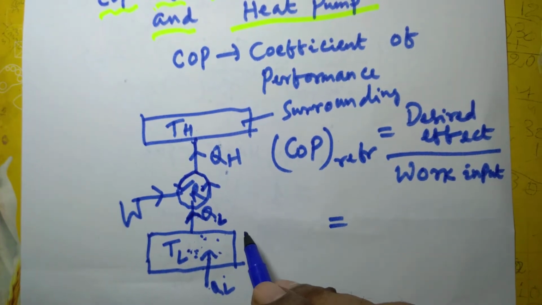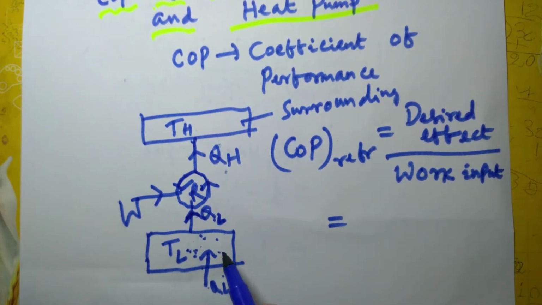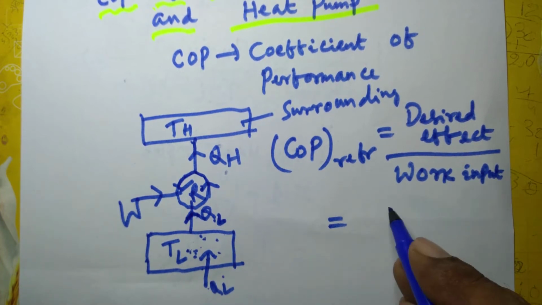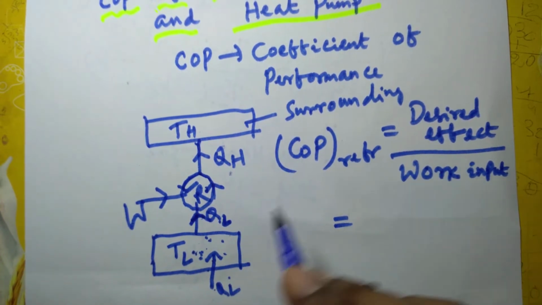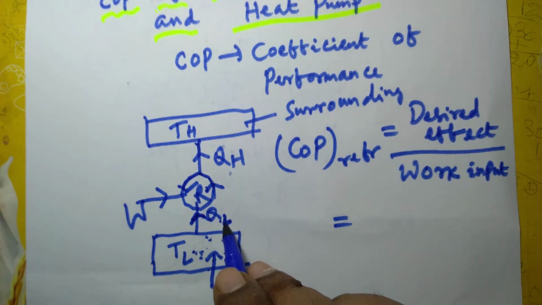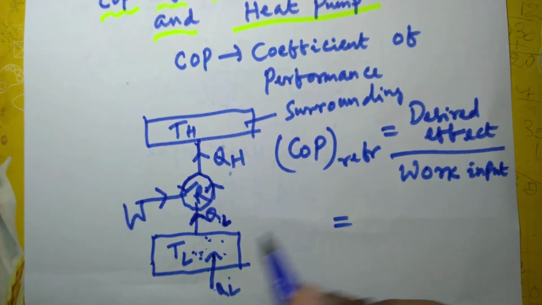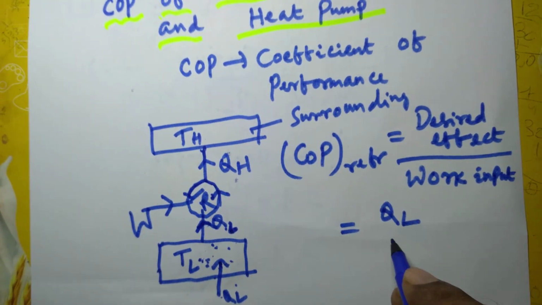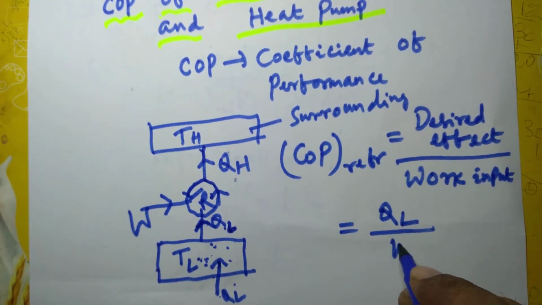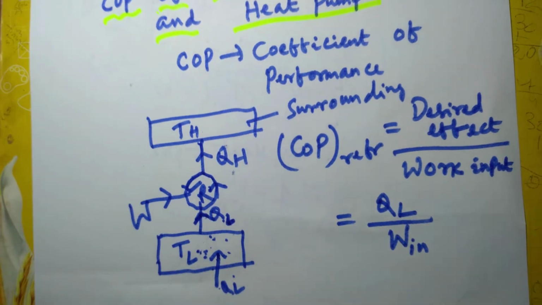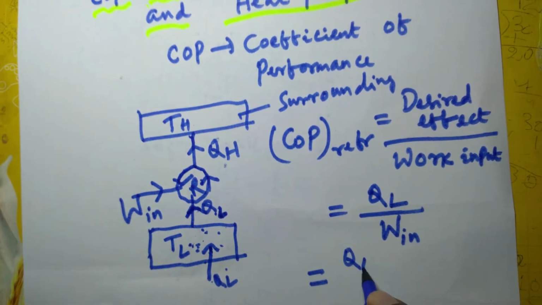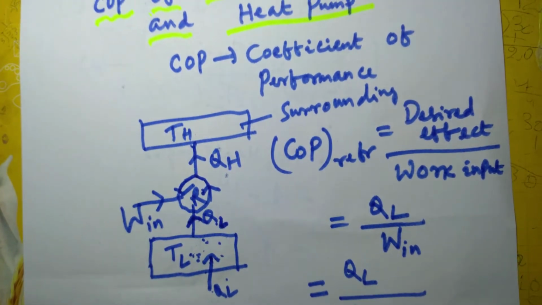The refrigerator device's job is to maintain the space at a temperature lower than the temperature of the surroundings. So what is the desired effect here? We have to remove heat from this space, this amount of heat QL, and the work input is W in. So what I can write here is QL divided by